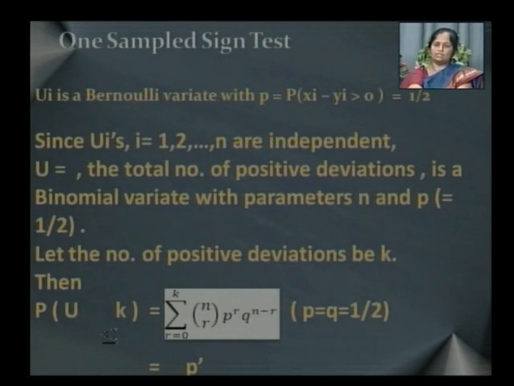In the binomial distribution we define x as the number of successes; similarly here k is the number of positive deviations. Then we can say that the probability of u less than or equal to k is equal to the summation